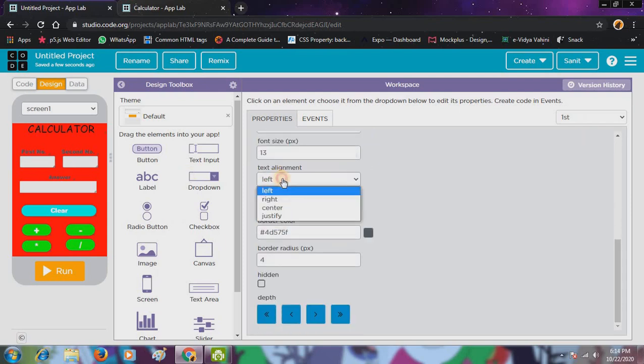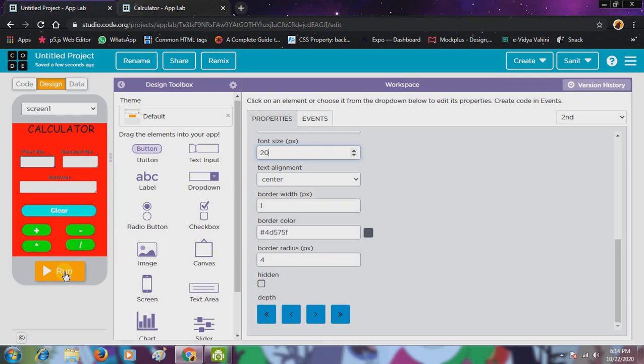Come to first, center, and here write 20. Again click on this second one, text alignment center, and keep it 20.